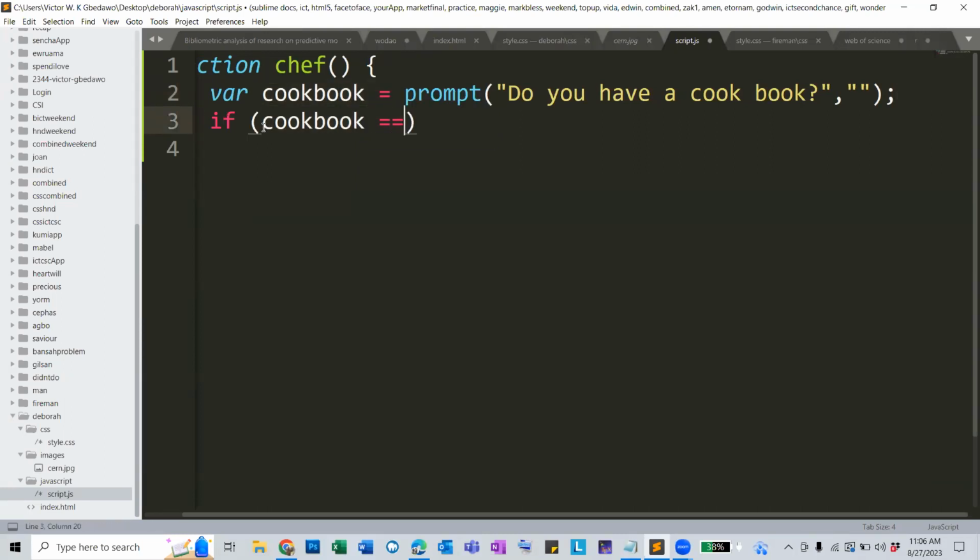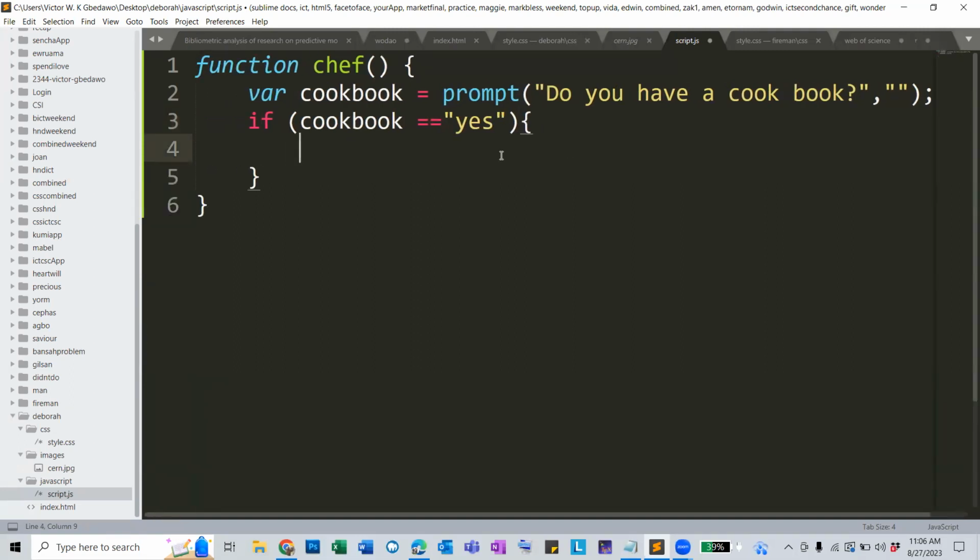Now we change the thing to comparison. This double equals sign means that we are comparing the value that will come here. If we compare, and the value we are looking for is equivalent to this answer, then something should happen. We are saying if the value we are expecting here is yes, and we compare it with this, then this should happen. Then it should alert